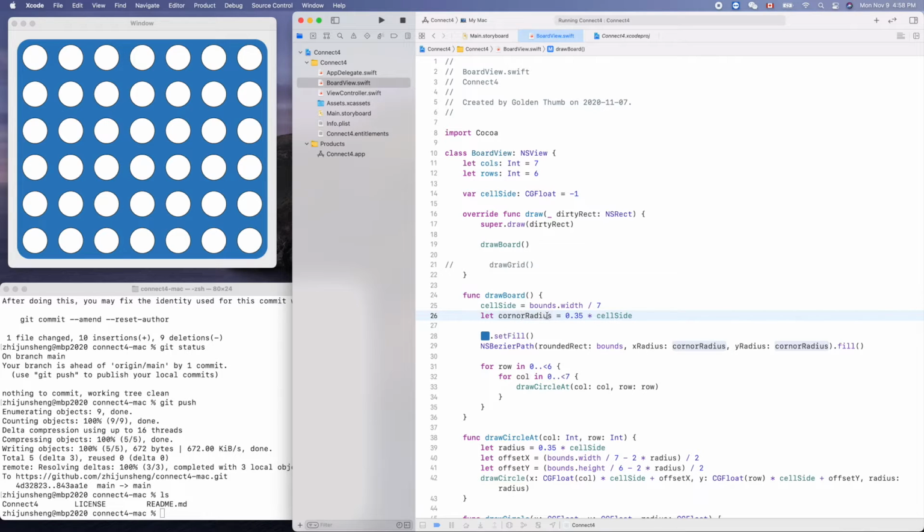Okay, so how to rename? So you see, at least there are three occurrences here. We don't want to manually modify it, right? So there are two ways to use the rename